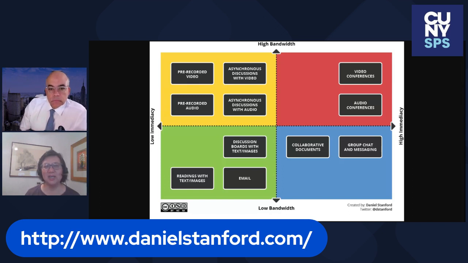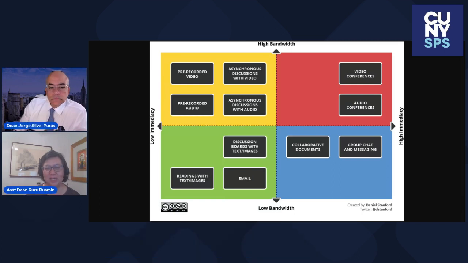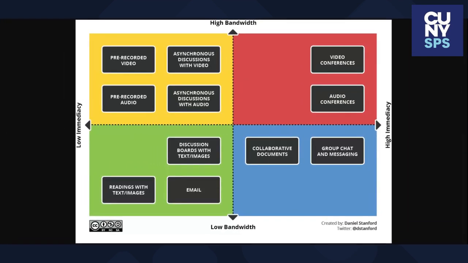So again, you want to think about what you want to achieve in your class, and in this particular topic, when students are engaging either with the content or with each other or with myself, do I want to have an activity that aligns towards low immediacy or high immediacy? Or do I want to have both activities, maybe one after the other, right? So you make a choice, right?